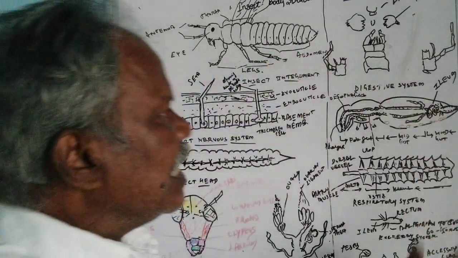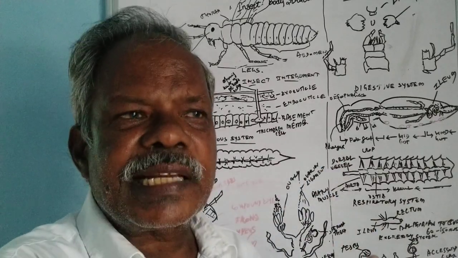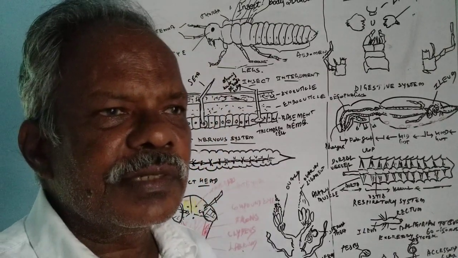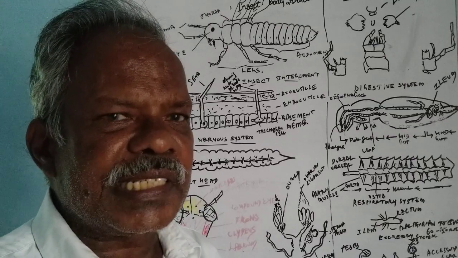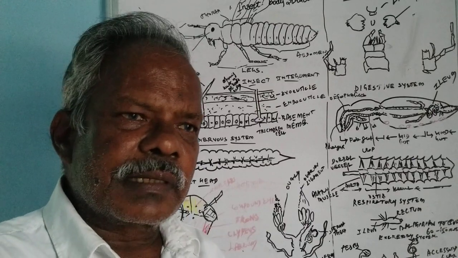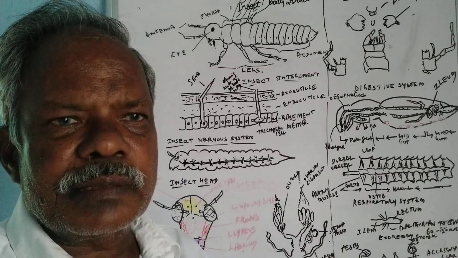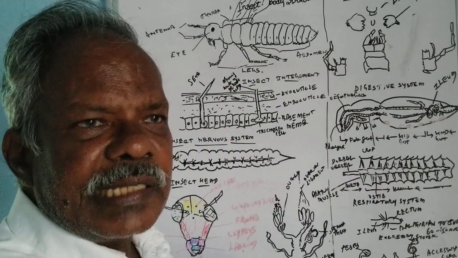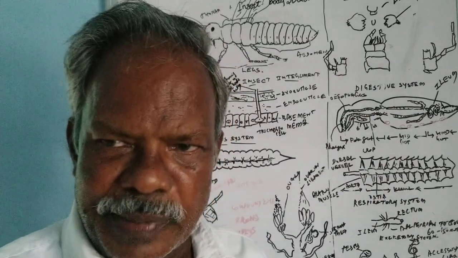So with this we are coming to the conclusion of this insect anatomy. We have to understand the basic anatomy of the insect, so that we can have a better knowledge of the insect, and for controlling insects, and some of the economic importance of insects also we should understand. For that understanding, we should have a wide knowledge of anatomy. Then only we can control the insects in a better way.